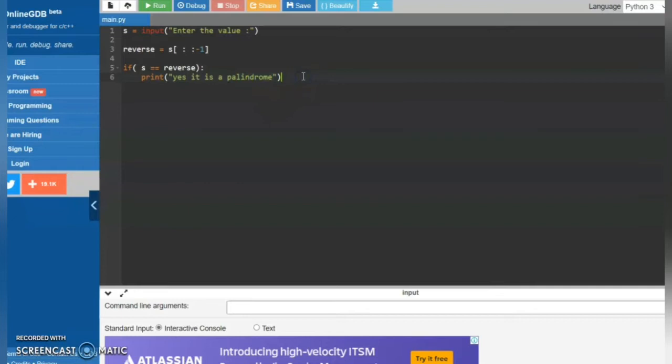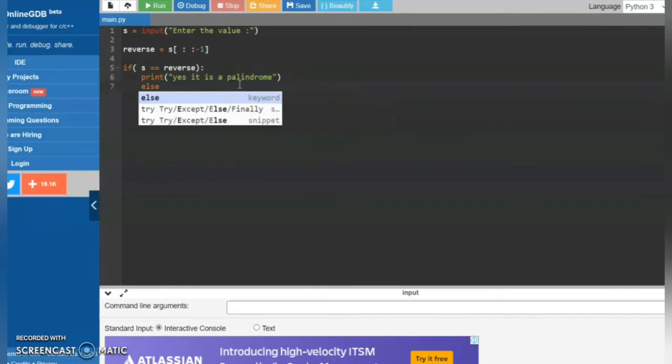If the reverse is not equal to the original value entered by the user, then it means the value entered by the user is not a palindrome. Else